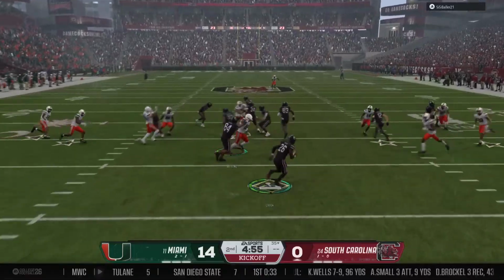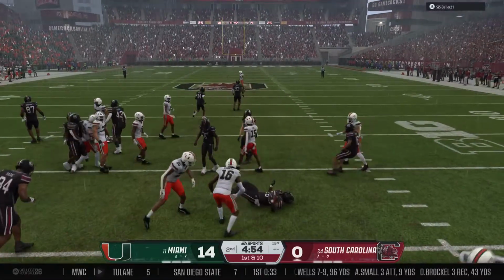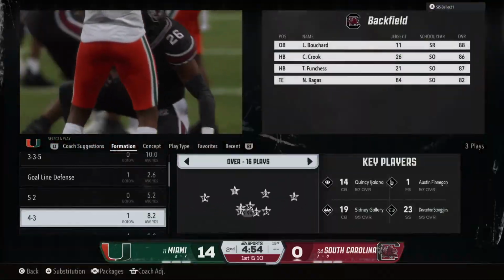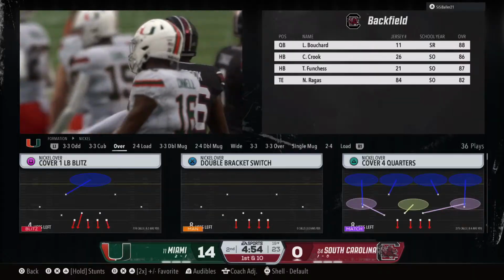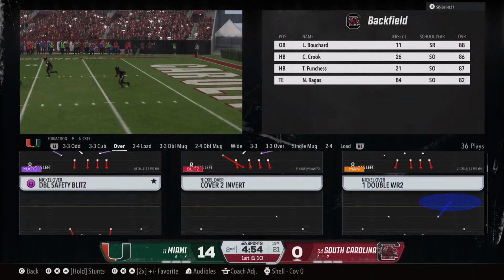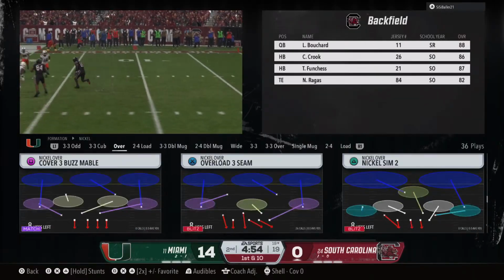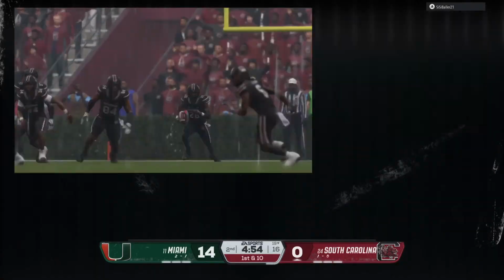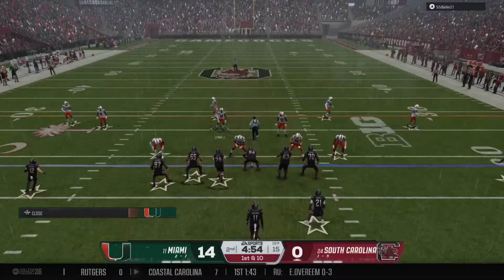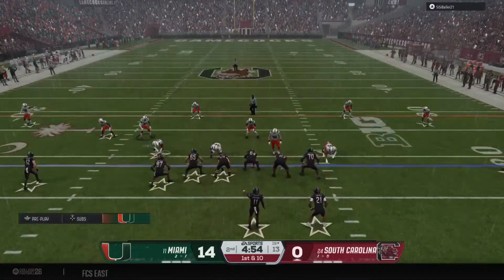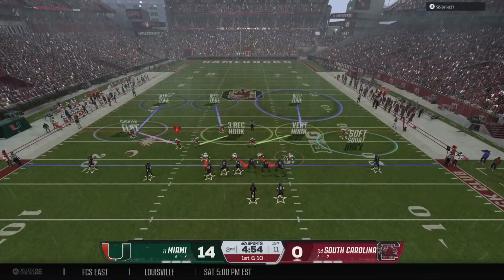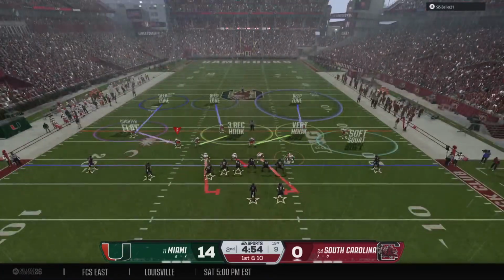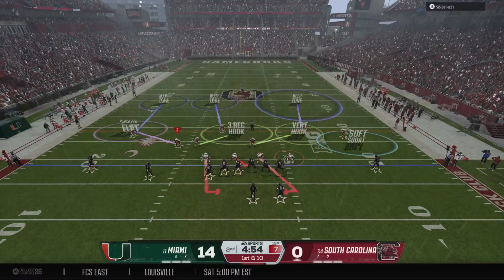Here he comes from inside his own 5. Really disciplined job by the coverage unit to get down there and make the stop at the 19. And the South Carolina offense is back on the field. Now we'll get a chance to see if they can answer that last score, trailing by 14, Jesse. Yeah, and at this point of the game, I feel like